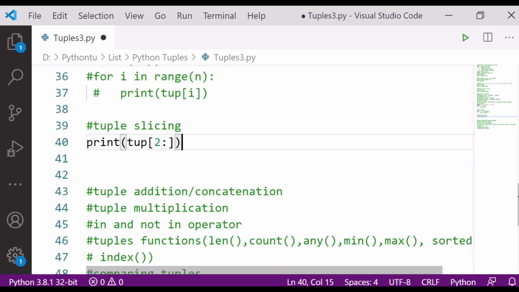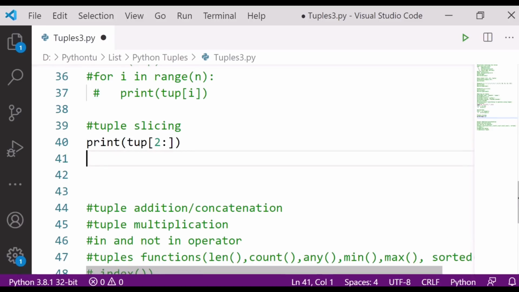Suppose I have a tuple like this. I'm creating one tuple, tuple 1 is equal to mixed. That is red. Then I'm writing over here yellow. After that I'm simply writing one list, list 1 comma 2 comma 3.